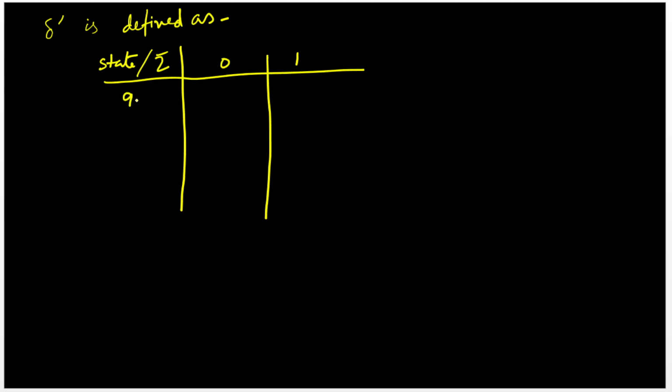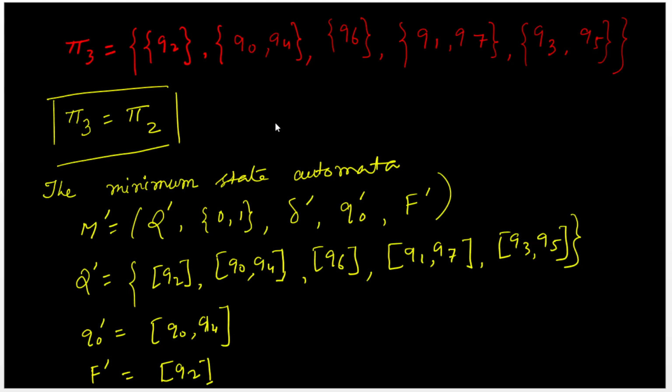So the initial state is q0 q4, right? Then by taking 0 from the initial state q0 q4,